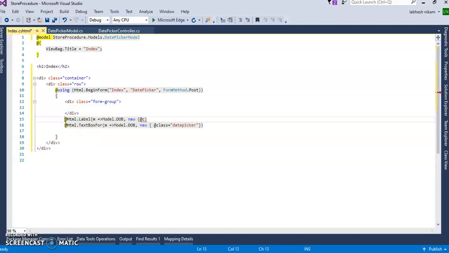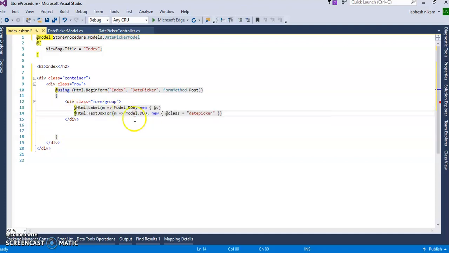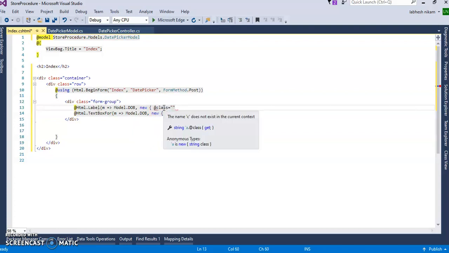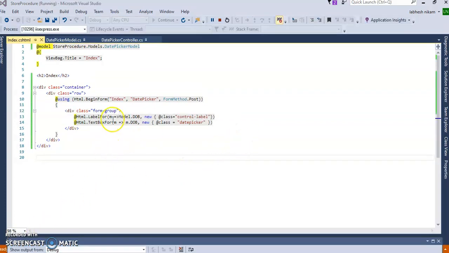I will add both lines. Okay, new class equal to control-label as LabelFor. So my error is removed now,